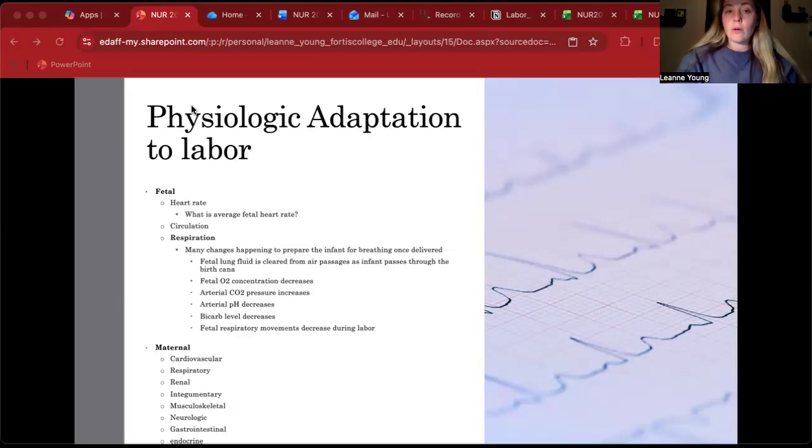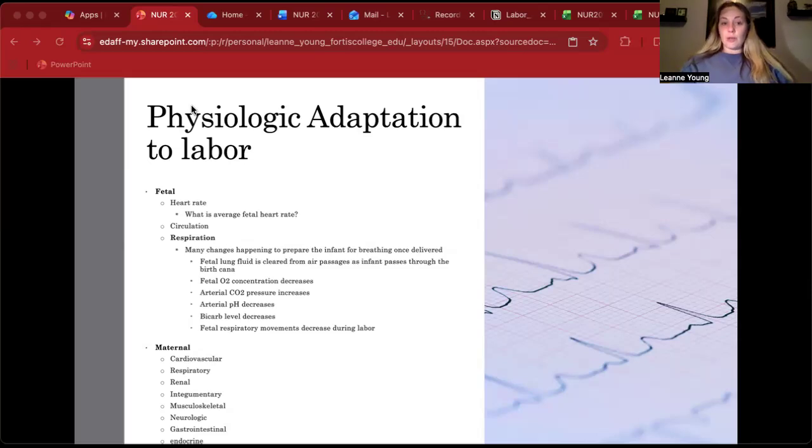In labor, infants are typically in a hypoxic state, not to the point where we're worried about metabolic acidosis, which is only going to happen if there are difficulties during labor or at birth. But babies do have a little bit of a depletion in respiratory effort during labor just because of the natural physiologic process and how they're going to be adapting to